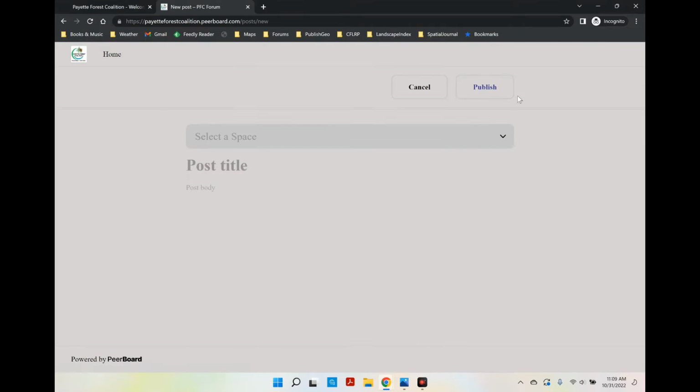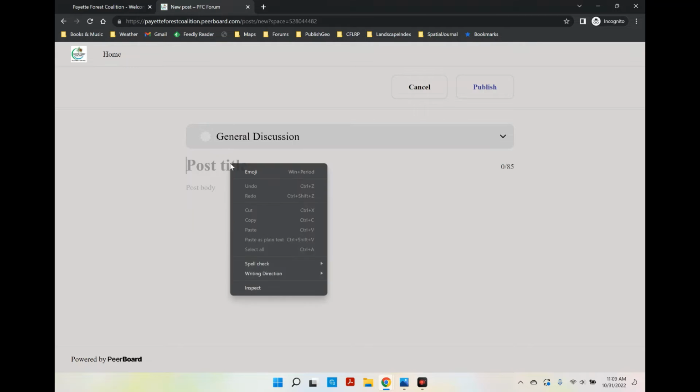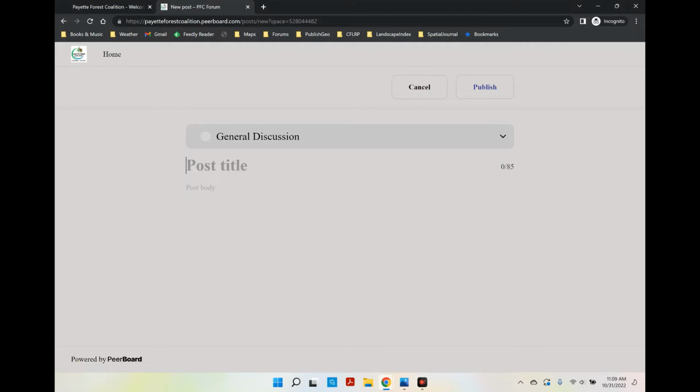Once you have your account set up, it's then possible to post a new discussion thread. It begins with selecting a space. Remember, these are the file folders essentially. So let's say I have a general discussion topic, and I'll just make up one about an interesting